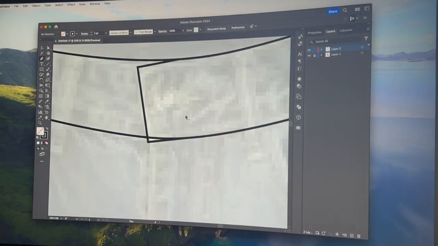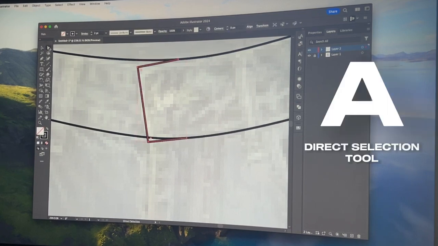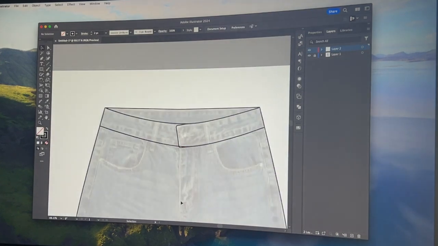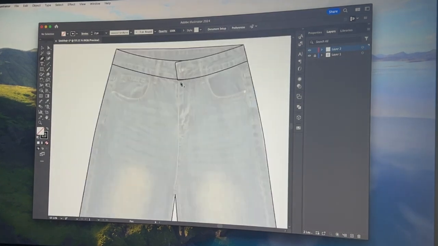The nice thing about Illustrator too is you can see I just drew these lines with these sharp angles on them. But I can click on this, press A. That is going to be the other selection tool, the direct selection tool. And you'll see these little dots right here, and you can just click on this and drag it to round the edges of them. So now we have that overlap piece right here, and I'll just keep drawing the rest